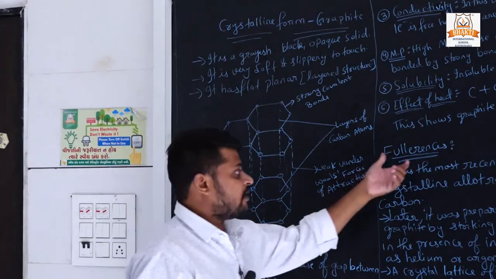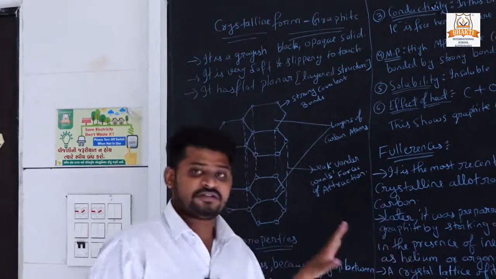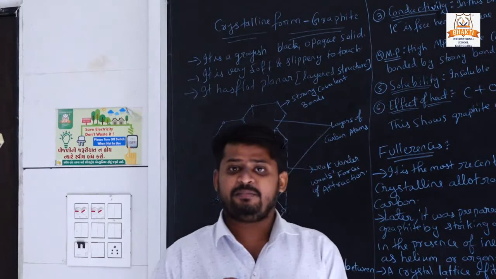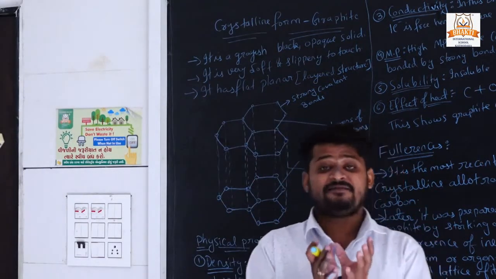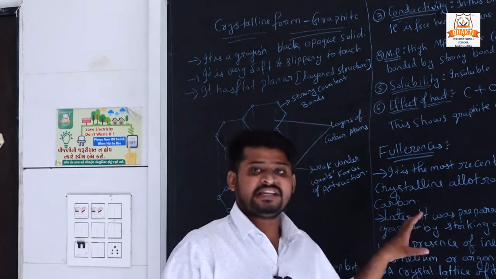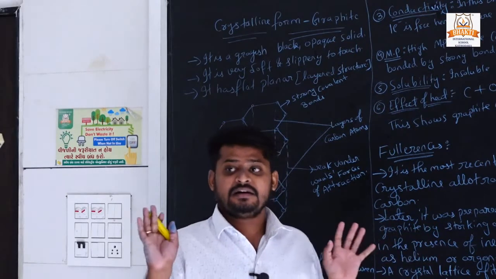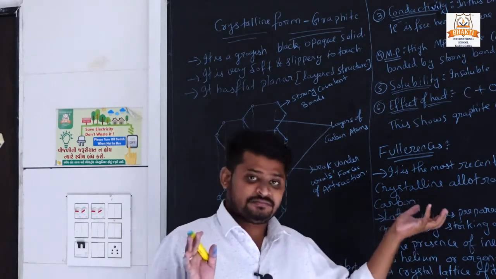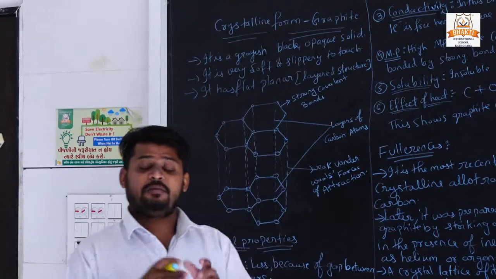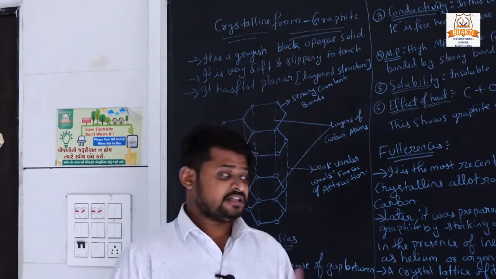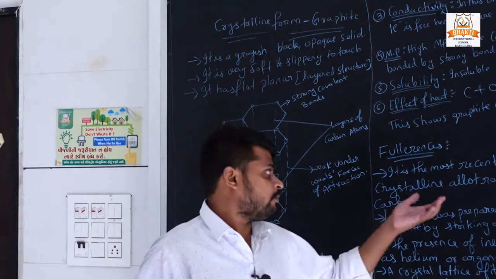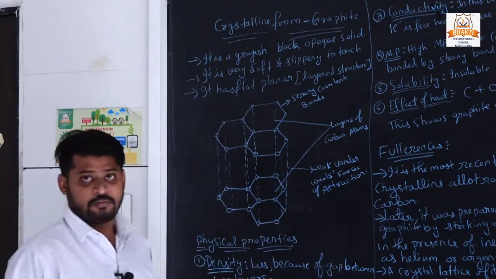Next, about fullerenes. We will study the properties of fullerenes. The structure of fullerene is like a football. It is made up of so many carbon atoms attached together, and it is a very complicated diagram. So the diagram is never asked in your examinations, and we won't study the diagram. We only study their properties, how they form, and how many carbon atoms are present in fullerene. Only properties will be asked in the examination. Now we will start our topic.